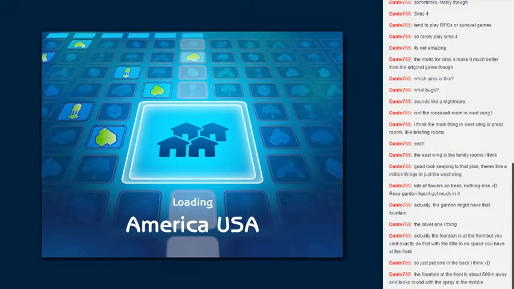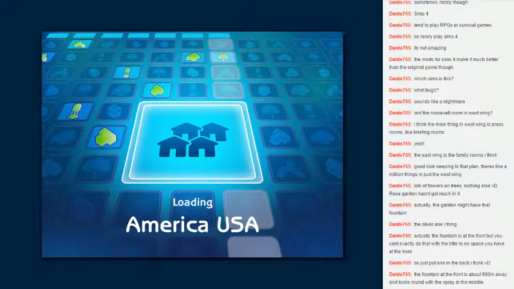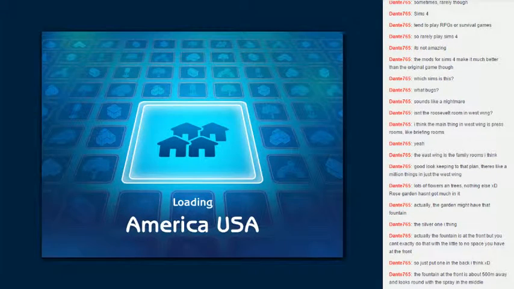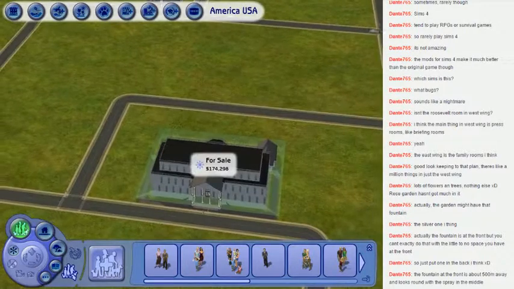And then we should be able to actually have this fountain in it and a huge garden, and it should look pretty good. Pretty great. Or it could look absolutely horrible and not work at all. But there's only one way to find out, so...